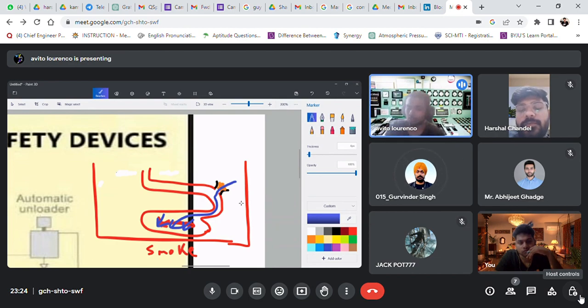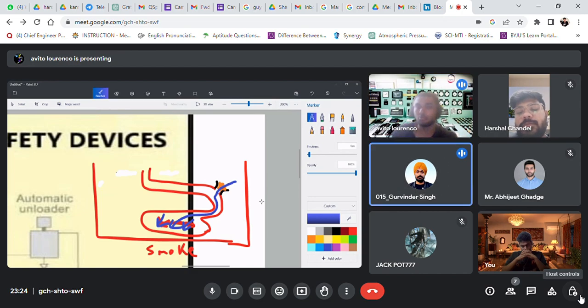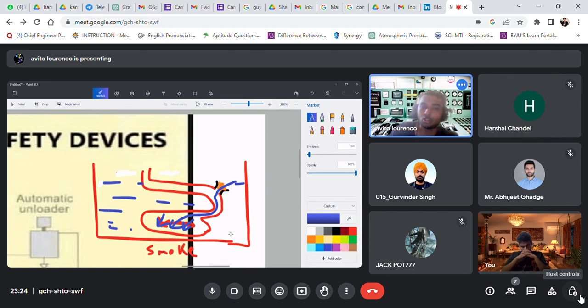It's more of a manual sort of thing that will happen, without anything electrical cutting the combustion. It will just be a more physical process of stopping the heat. Just because of heating, this small orange colored thing will melt off, allowing the water to come in, since water is present all around the smoke tube boiler, which is getting heated up. So water will come in and put the fire off. In the case of a water tube boiler,